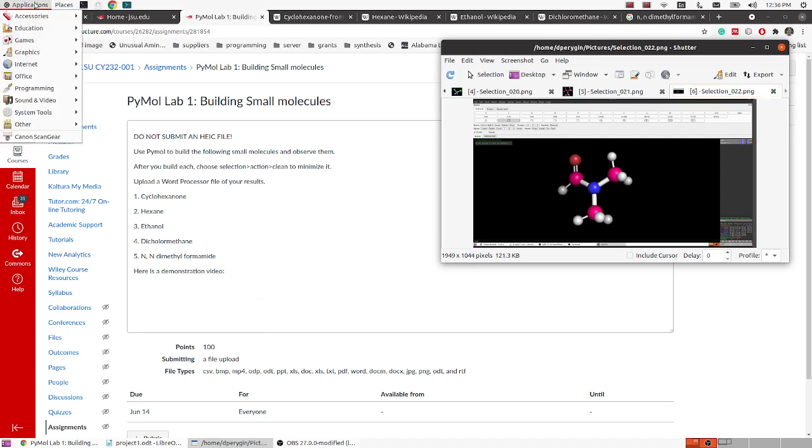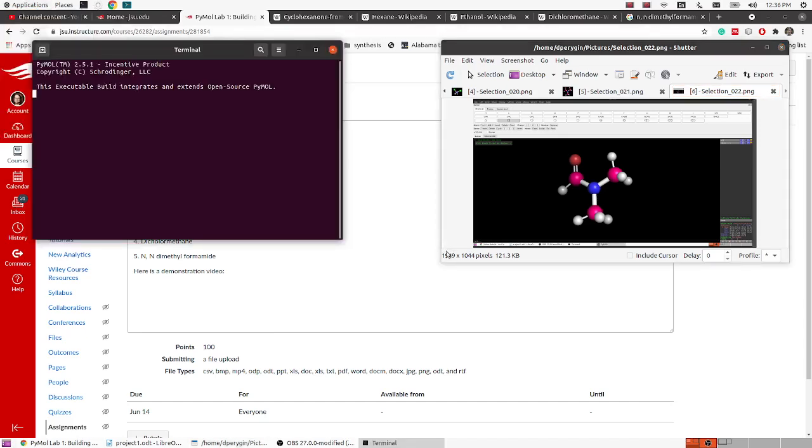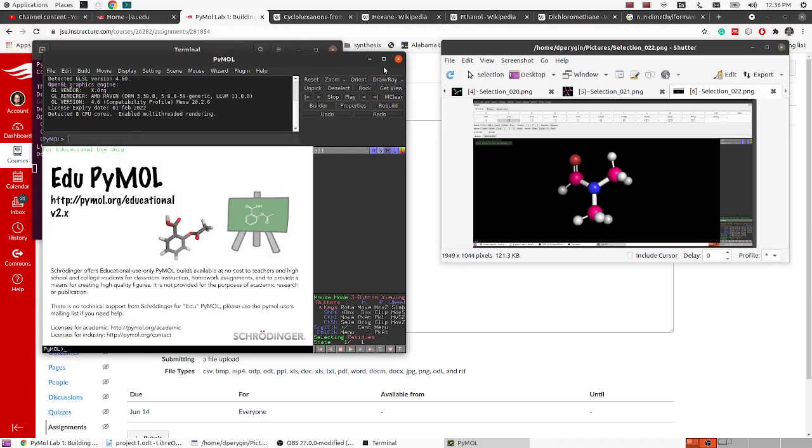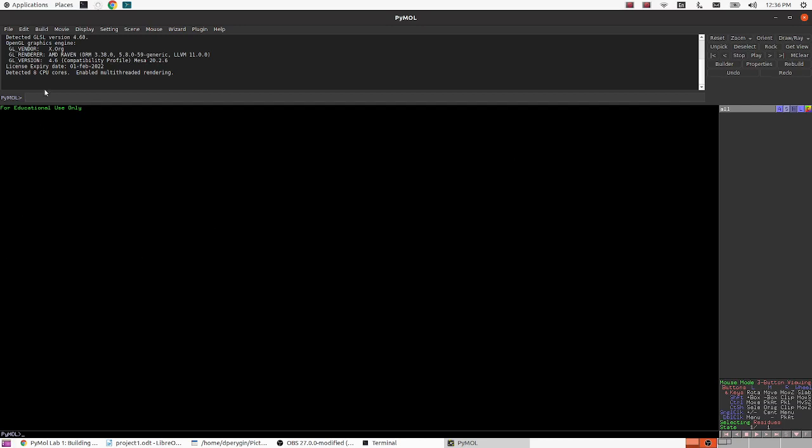Okay, and so I'm going to go ahead and launch PyMol. For me, I have this launcher that I've created that launches from the command line. If you're in Windows, you probably are going to have a launcher for your version. You can see here that I've already uploaded the license file. For PyMol, we have a command line entry box on the upper left. We won't be using that today for this project. Your workspace is the large black space here,